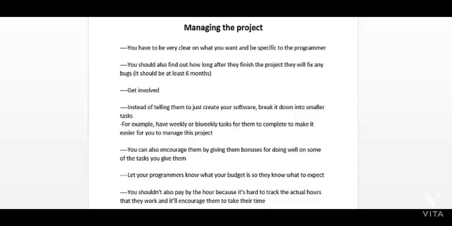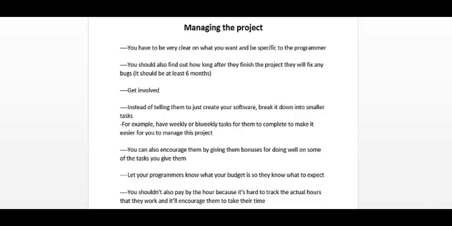Another thing you want to do when you're creating a software product is not to just outsource everything to the programmer and then be hands off. You really have to get involved and get your hands dirty if you want this to be a successful software product.